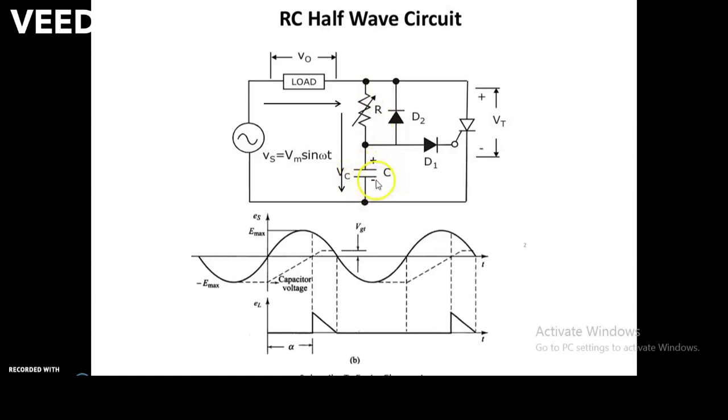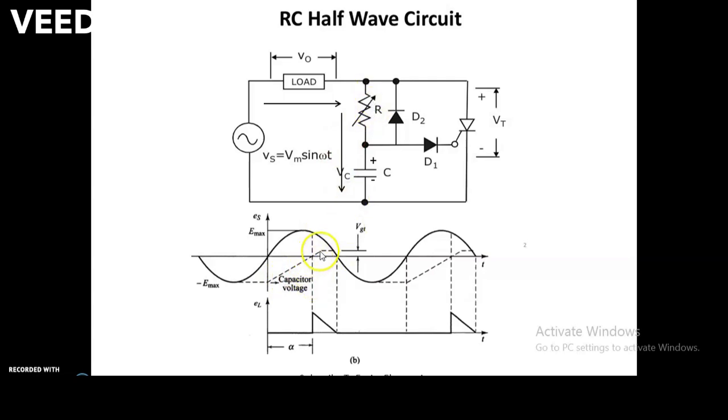Now in this waveform we can see initially there is negative voltage on capacitor, which is of previous cycle. Now from this negative point, capacitor starts charging in this direction with its upper plate positive and lower plate negative. Now this charging time or this charging interval is decided by value of this resistor.